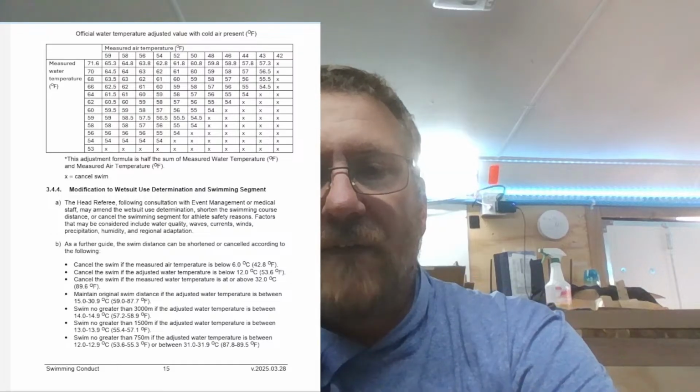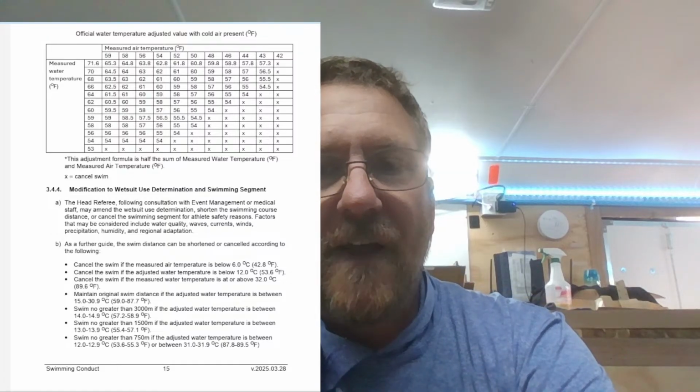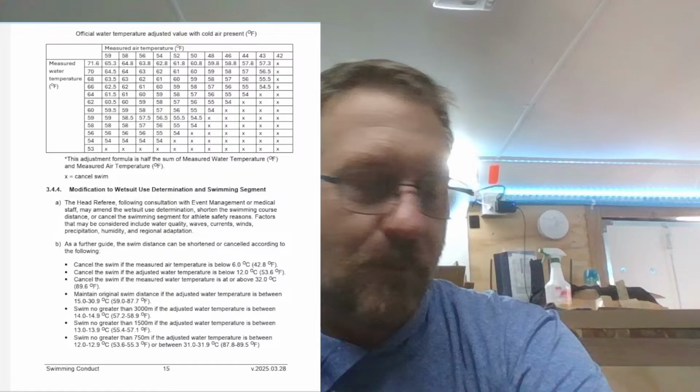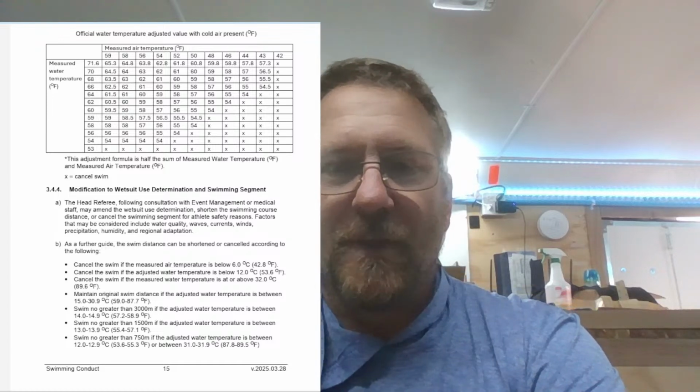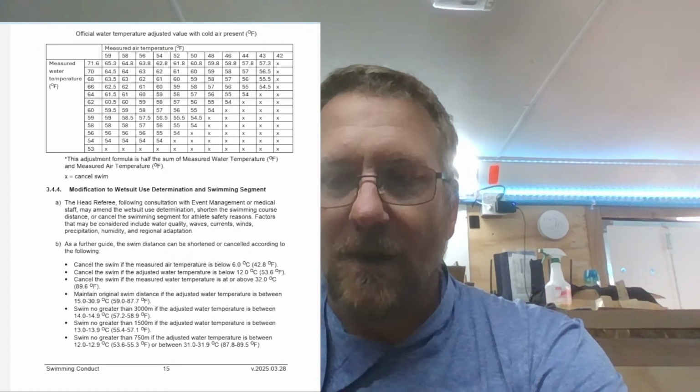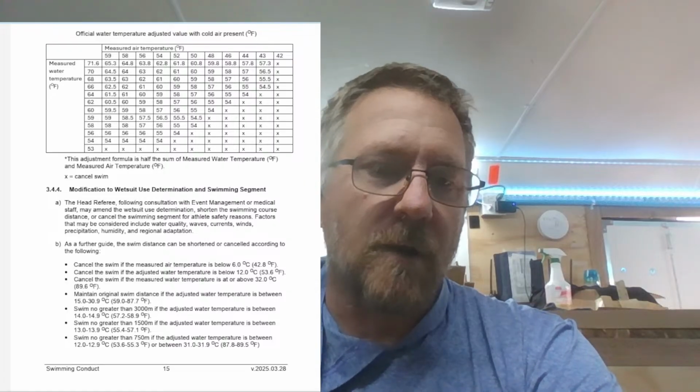Right. So basically, what we're looking at, we have some water temperatures on the left-hand side. We have air temperatures on the right-hand side, and then at a certain point, they say cancel the swim. There's also some parameters down at the bottom of the page. Do not freak out about this. I just sent it to everybody in an email. You should be getting it in the next couple minutes because I knew that there would be lots of questions on this. It would take it being like 40 degrees in the morning for us to cancel the swim.